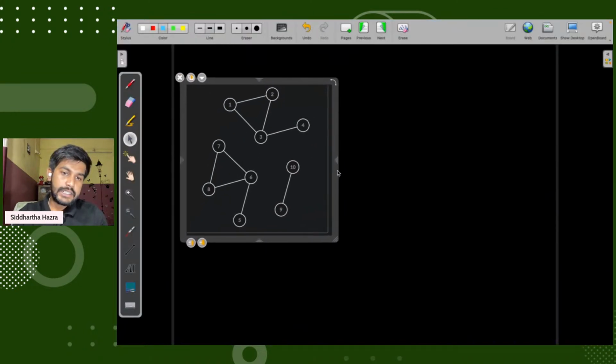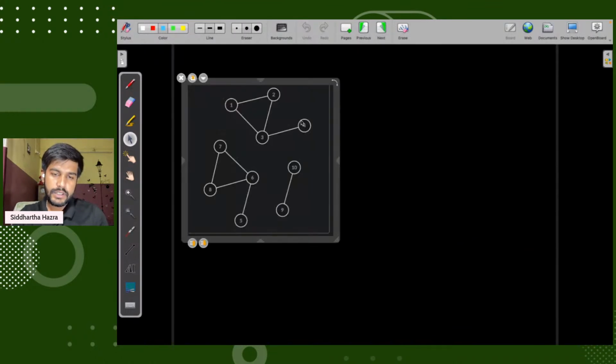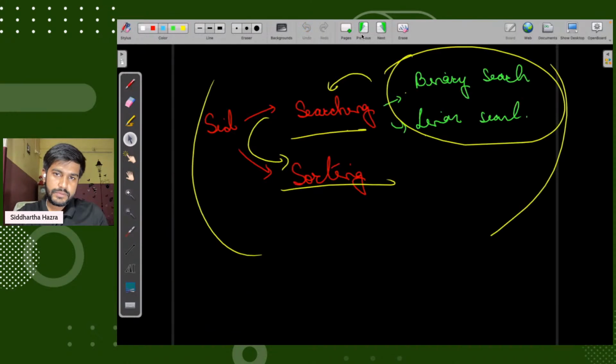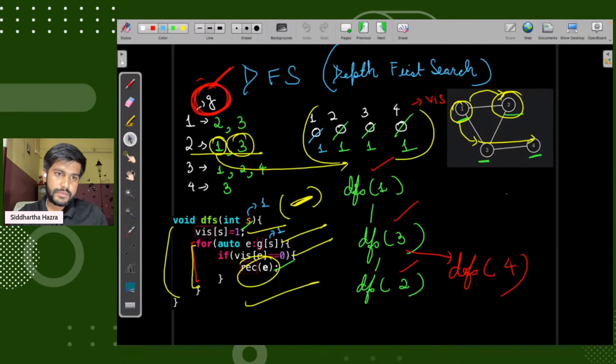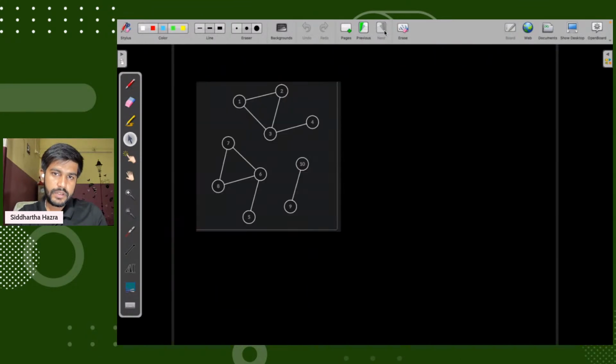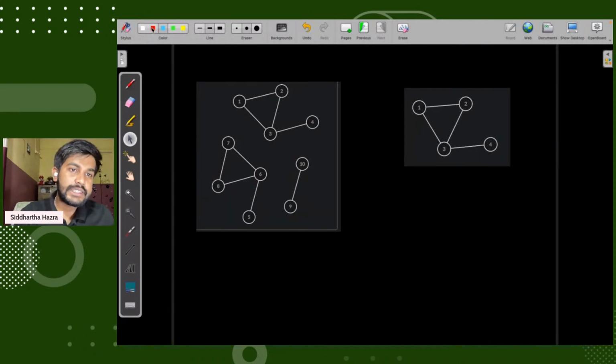So this is a connected one. Which one is a connected graph? Can you tell me which is a disconnected graph, A or B?